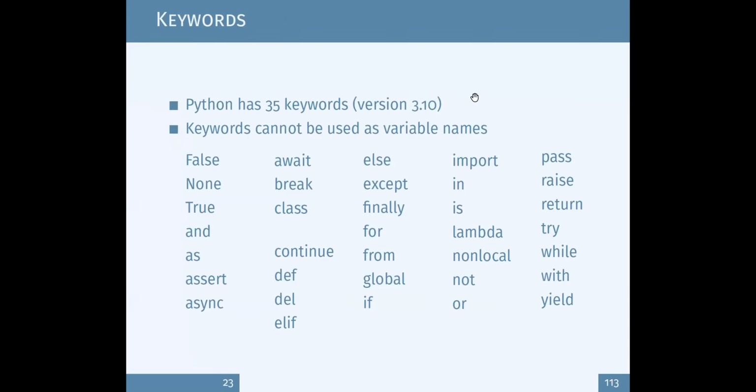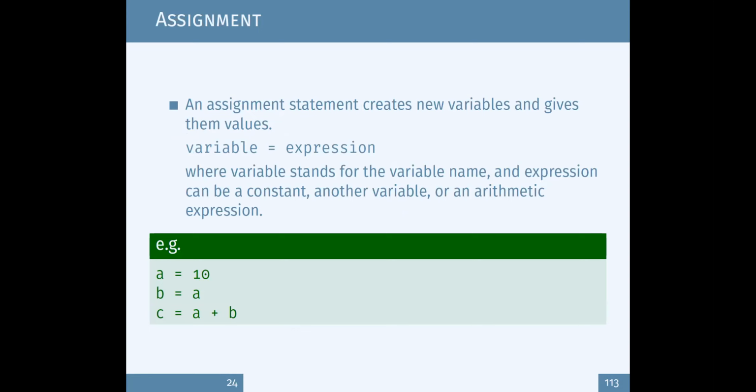Then when you're using variable names, you cannot use any of these keywords, which are known as reserved words for Python. For example, you can see most of the keywords in Python are lowercase letters, except for a few like False, None, and True. So except for these three, almost all the others are simple case letters.